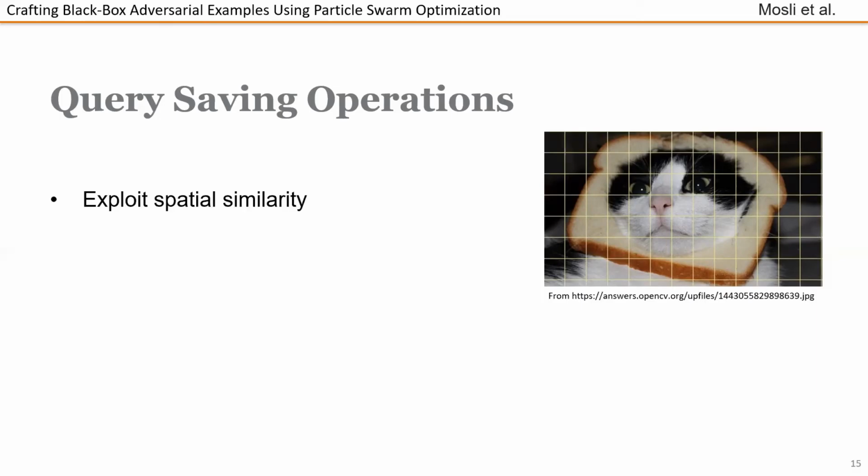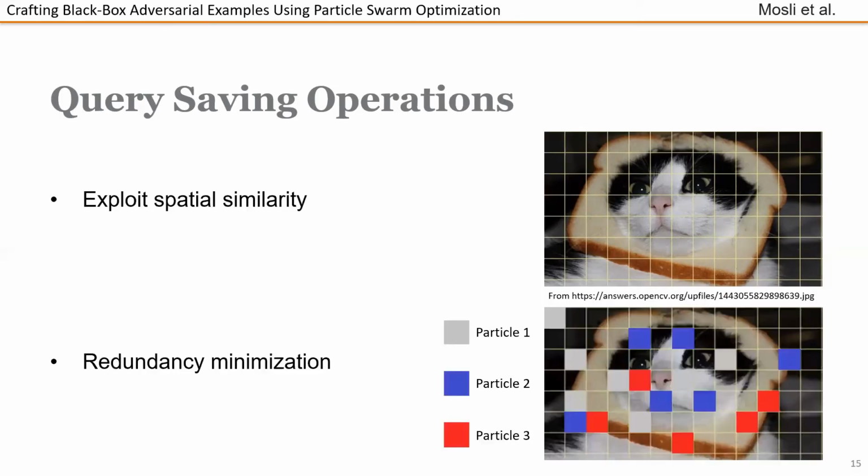Also, due to the flexible nature of PSO, we were able to minimize redundancy in changes made by the particles. In every iteration, we assign each particle a random set of blocks to explore, and for each block, depending on the number of channels in the image, a particle is assigned a single direction along one of the available channels. Furthermore, in future iterations, we make sure that the same particle does not get assigned the opposite direction of a previously assigned motion to avoid cancelling out particle movements.